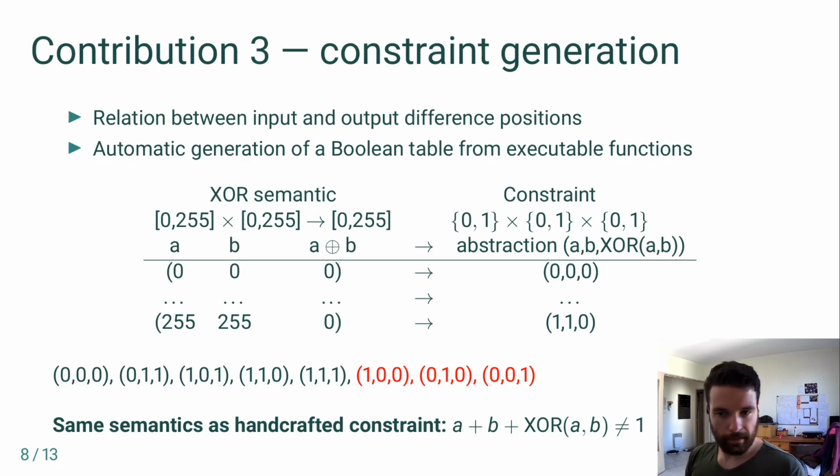One way to make that automatic is to do the following. Let's consider an operator, for instance, the XOR. It will have two inputs, each of domain 0 to 255, and will produce an output of 255. If we enumerate every possible input of the XOR, for instance, 0, 0, 1, 2, and so on, we can compute it